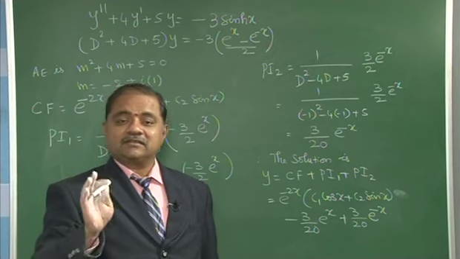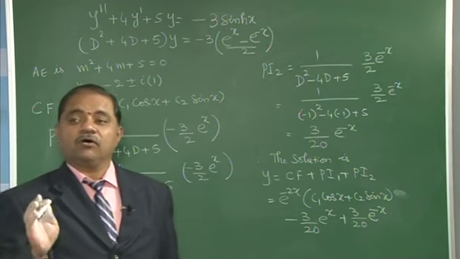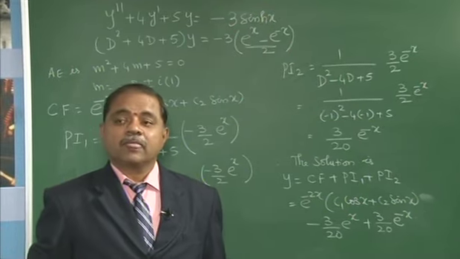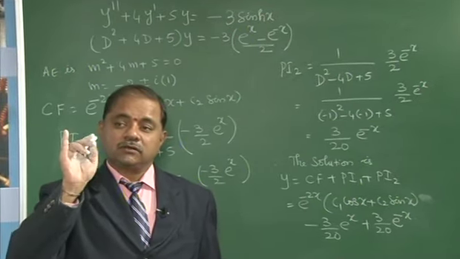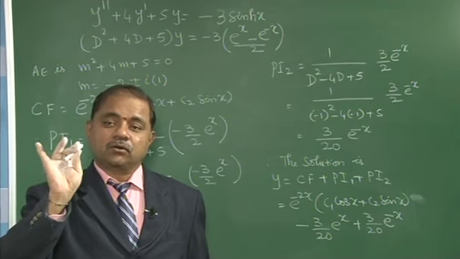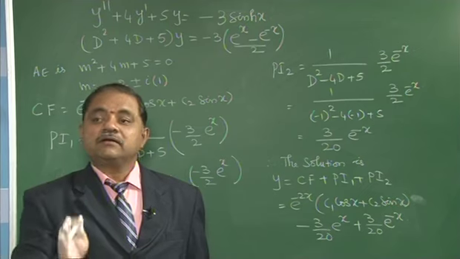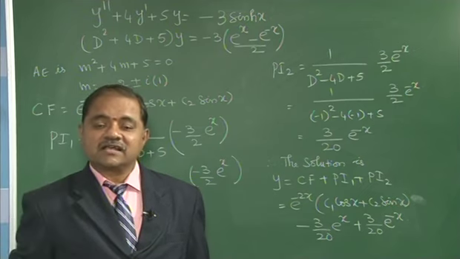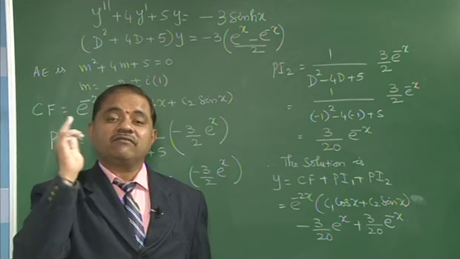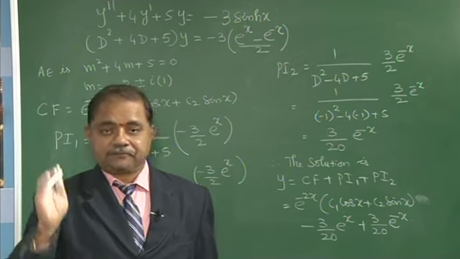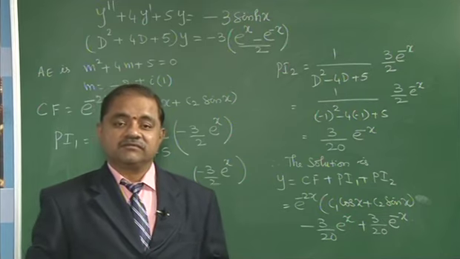What we learnt in this class, just get a review of it. We know how to find the complementary function whether it may be equal roots, unequal roots, or complex roots. Based on the right hand side, differential equations are classified into 5 types. Type 1 we have seen, which consists of e power ax on the right hand side. In the next class we will see the second type.